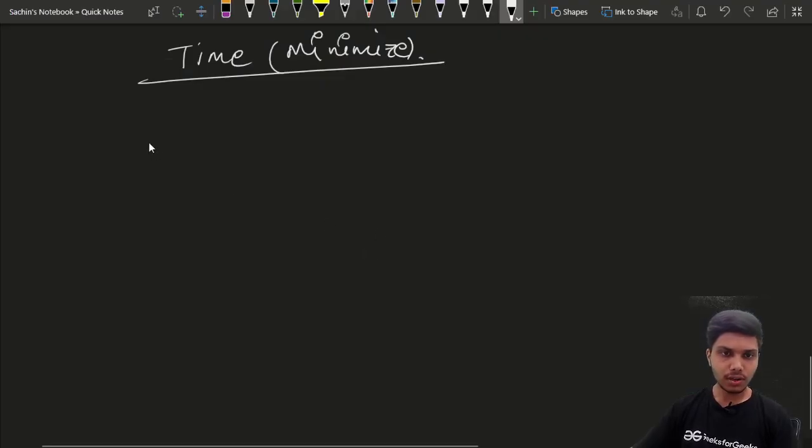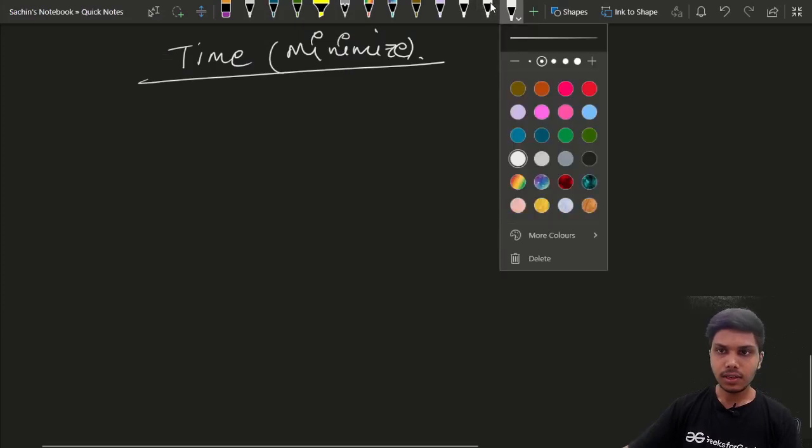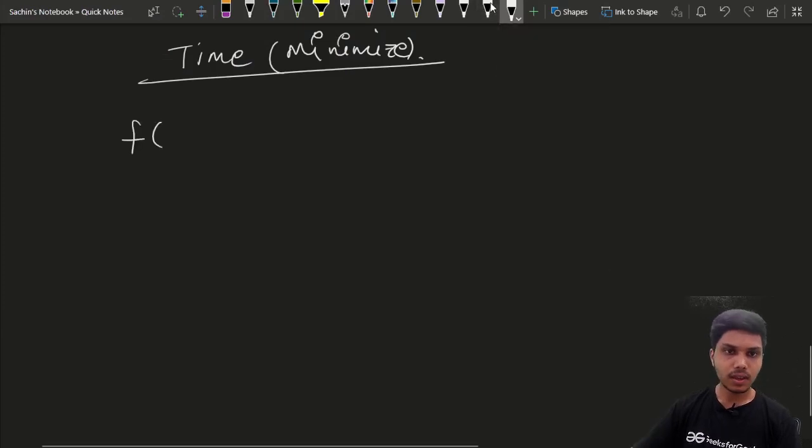Let's make one function, and the function will take t as an argument, where t is the time. This function will return true or false.